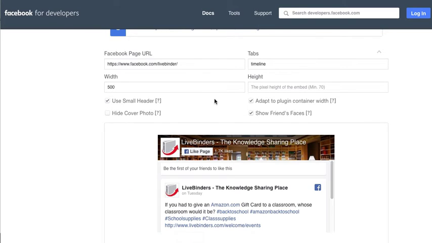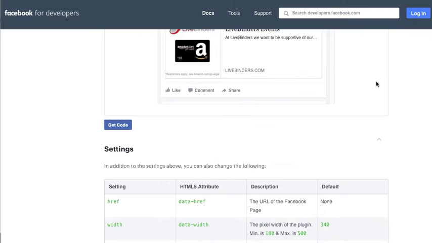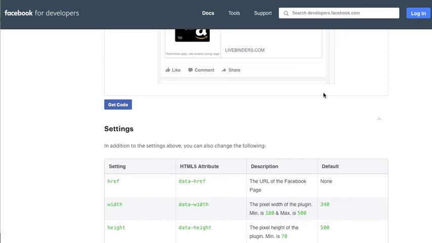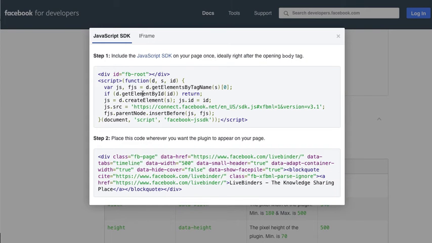So I would always click on this adapt to plugin container width, and the reason for that is that it will adapt. If somebody's looking on a phone, it'll make it a little smaller, so it's a really nice thing to have. So once you get all that set and it looks the way you want it to, click on Get Code, and it's going to pop up this box, and there's two different boxes here. So we're going to copy the first one,